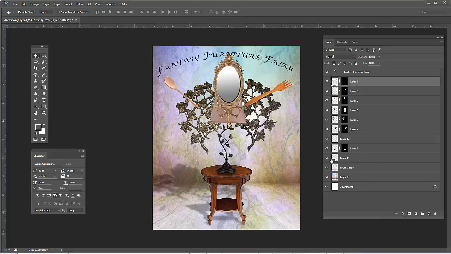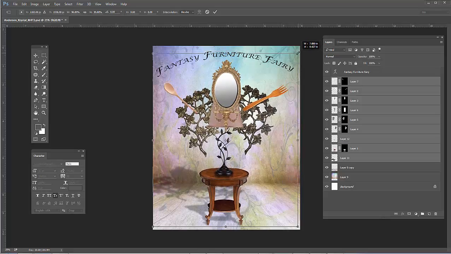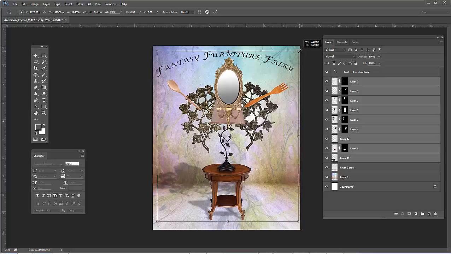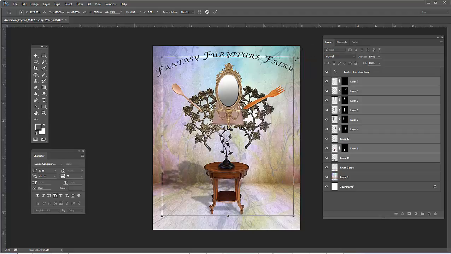So you're going to select, let's see, layer 11, right? And then Shift click this layer here, right? All these layers here, right under Fantasia Furniture Fairy. You're going to hit Control or Command T and scale this down a little bit. So you're going to go to the corner, click, start dragging in, and as you're dragging, you're going to hold down Shift and Option or Alt so it scales into the center. So I would say something right about here. Okay? I'm letting go with my cursor first, then the Shift and the Alt key, hitting Enter to apply the